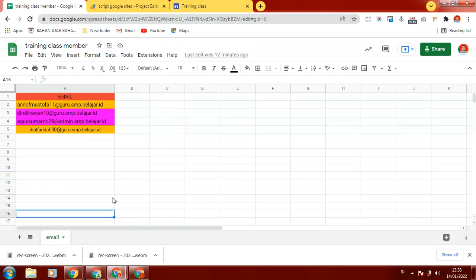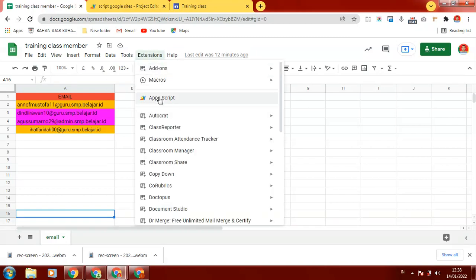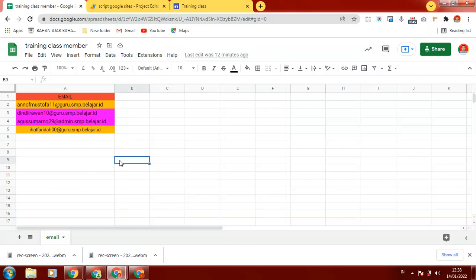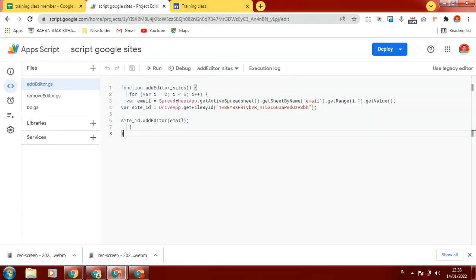Okay, after we create the Google Sheet, we can go to the main Extensions menu. We create Apps Script. We click it, and we can now see the script editor.